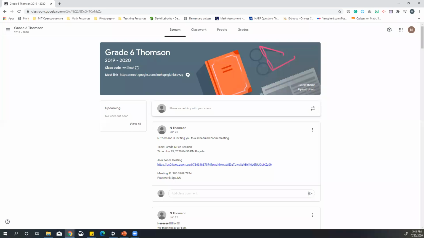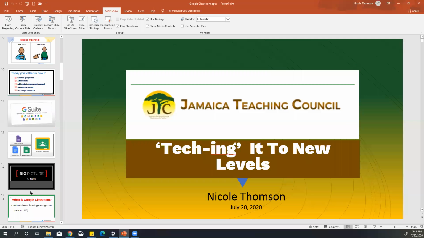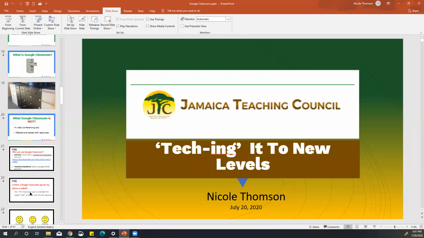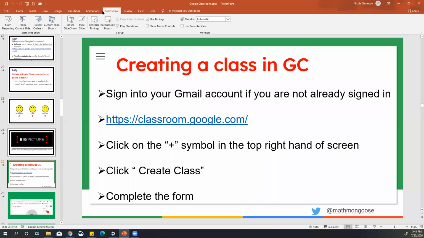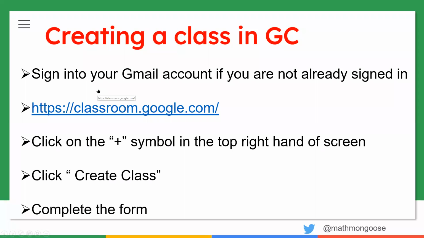So now that we have a clear picture of what it is, we are going to start ourselves, okay? All right, so the first thing that we're going to do is to create a Google Classroom for yourself, okay? So the first thing we want to do is to sign into your Gmail account if you're not already signed in. If you do not have a Gmail, unfortunately, things look sticky right now, or you can quickly sign up for a Gmail account. And then once you've signed into your Google account, I want you to go to